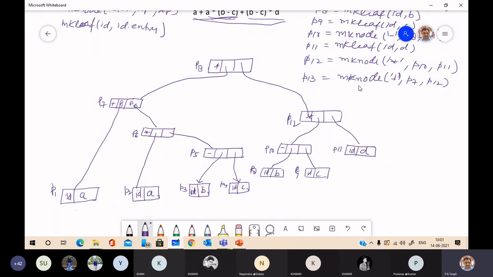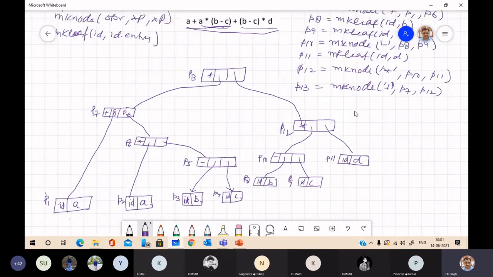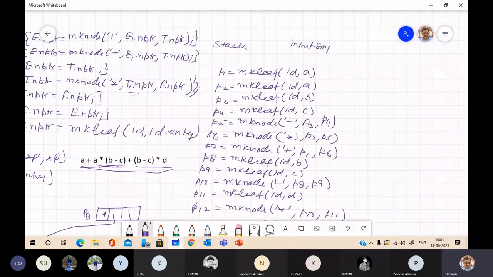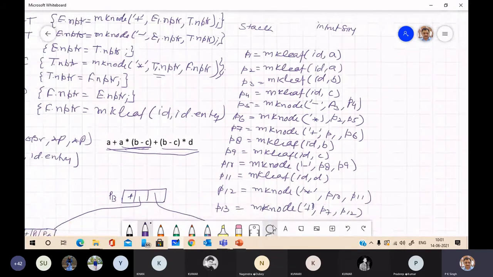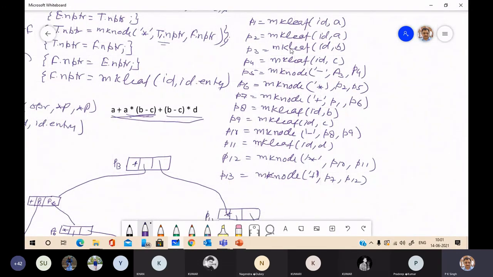So see, to evaluate this expression, we have to call this sequence of function, that will generate P1 to P13 pointers, and if we implement this pointer, it will produce a syntax tree. Okay.